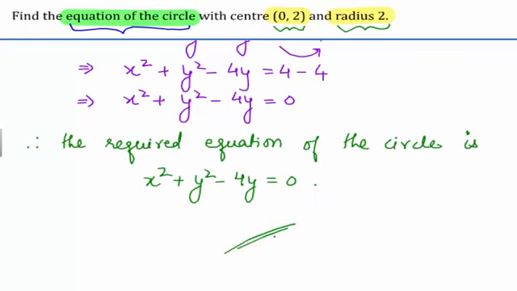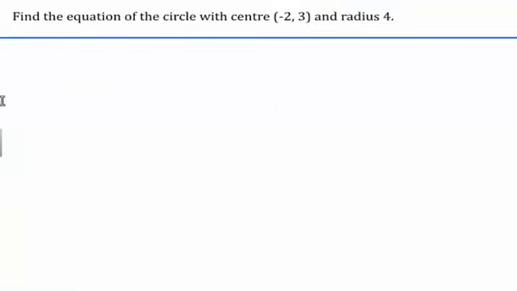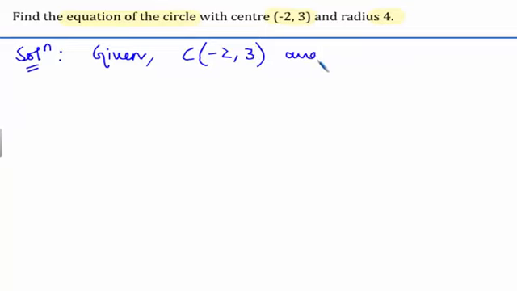This completes the solution. In this question, we have to find the equation of the circle with center minus 2, 3 and radius 4. Let's begin with the solution. We are given that the center of the circle, denoting it by C, is minus 2, 3 and the radius of the circle of which we have to find the equation is equal to 4. We have denoted the radius by R. We have to find the equation of the circle,